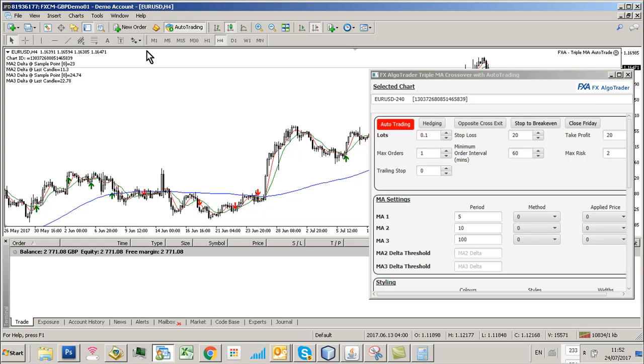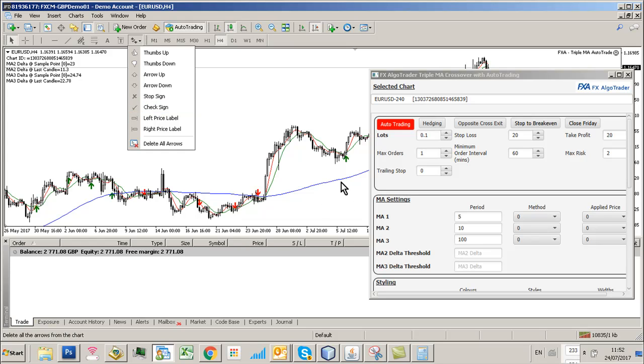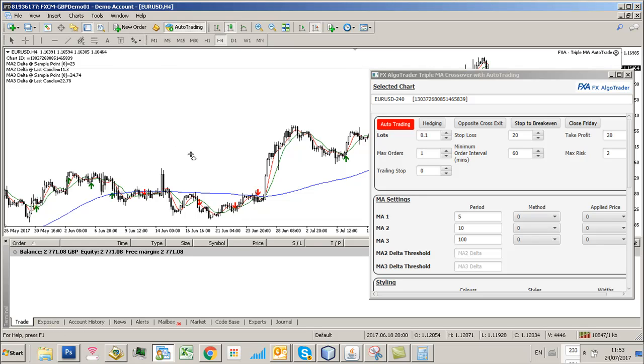So what we can do is analyze the deltas of the second and third moving averages. The one I think you really should focus on is the long-term moving average, because that is the best indication of trend. So if we use an MT4 check sign and place it in areas where we want to analyze what's going on, like this area here where the long-term moving average is flat, we really want to screen this out from our trading. So we can see here, if we look at the top left-hand side of the chart, you've got MA3 delta at sample point 147, which is where this tick is, which is 147 candles in from the beginning,